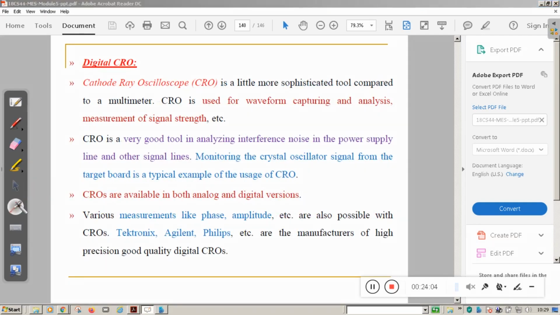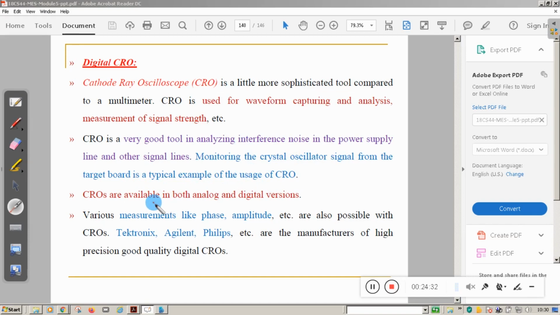Next one is a CRO. Cathode ray oscilloscope, CRO, is a little more sophisticated tool. By using a CRO, you can capture the waveform and analyze the measurement of the signal strength. CRO is a very good tool in analyzing interference, noise in the power supply line and other signal lines. You can monitor the crystal oscillator signals from the target board by using a CRO.